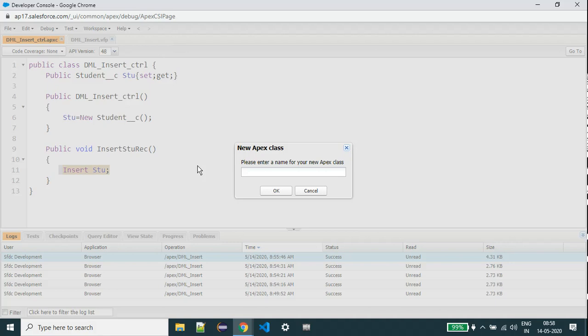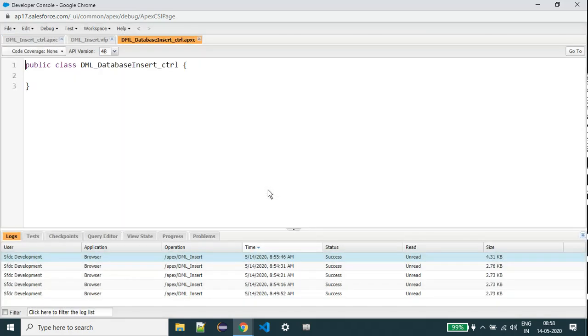One more example, DML_database_insert. As per your understanding, I'm giving the naming conventions, so it's easy to go topic-wise also.